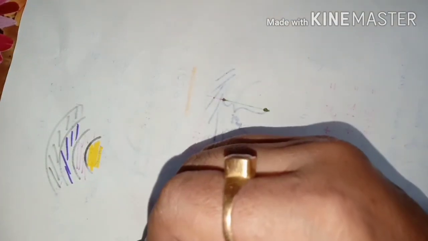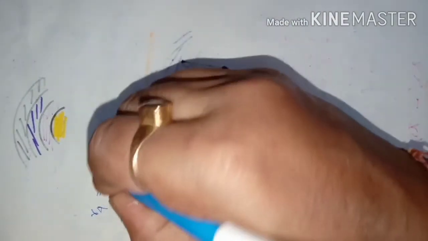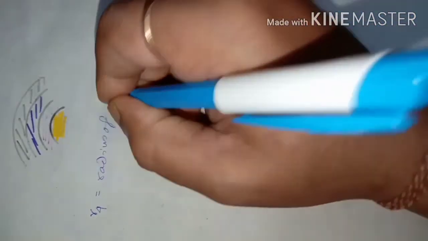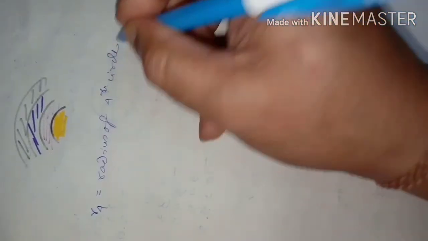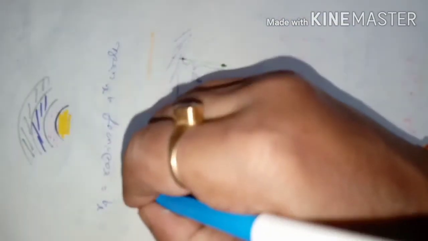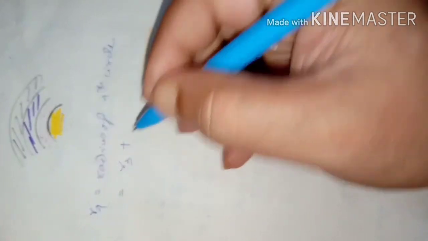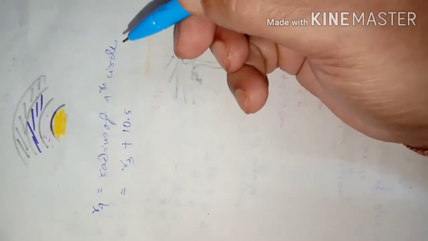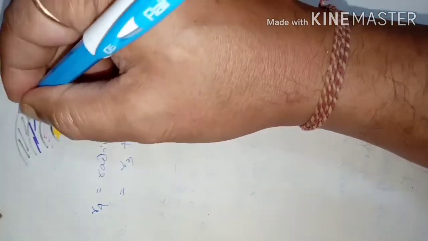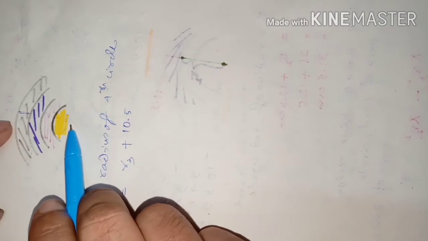Now as you know, this radius is going on increasing. So the radius for our third circle is over. Now the radius for the fourth circle we will say R4. Radius of fourth circle is what? The radius of third circle, and with that you have to increase another 10.5, because every time 10.5 is increased. So this band is 10.5. That's why the radius of the fourth circle will be from here to this point. Clear?